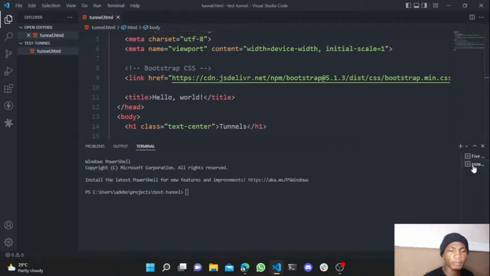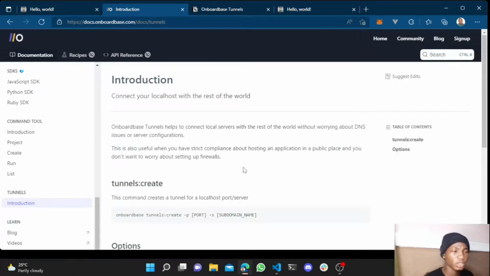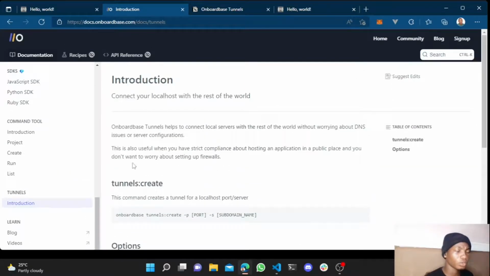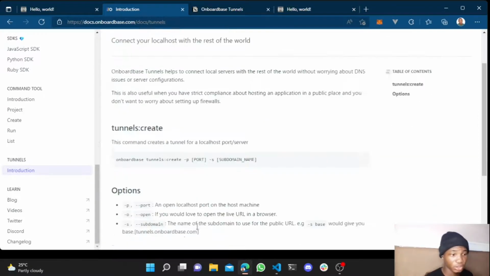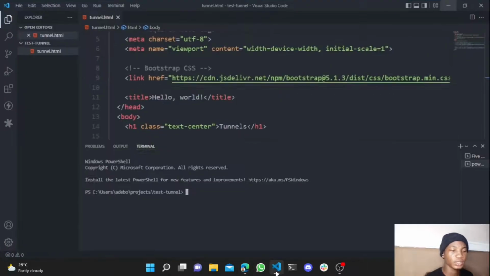For me to run this project as an Onboardbase Tunnel, I need to head to the documentation first. In the documentation, you're going to see the steps on how to run it. We can see the notes here. You can read through them, and you can also see a command that you can use to run it. So let me copy this demo command here and use it in my project. Once I paste it in there,